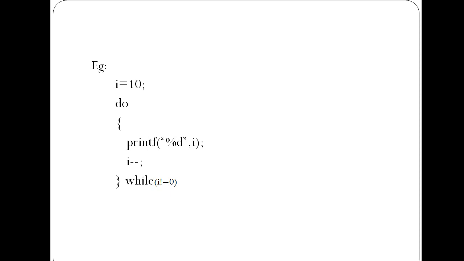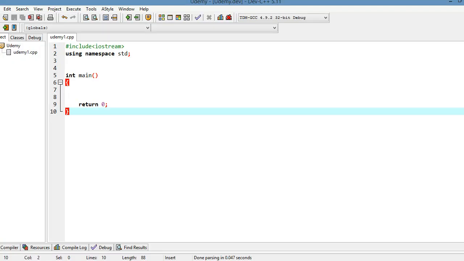First the value of I gets printed as 10, and then the control comes here and the value of I will be decremented, that is I will become 9, and then the condition check: 9 is not equal to 0, the condition is true, and then again it will go for execution here. So it will print until the value of I becomes 0. When the value of I becomes 0, the condition is false, because I will be equal to 0, and the loop exits. So the control comes out of the loop. So hope you understood about the do-while loop. We'll look at an example for it now.